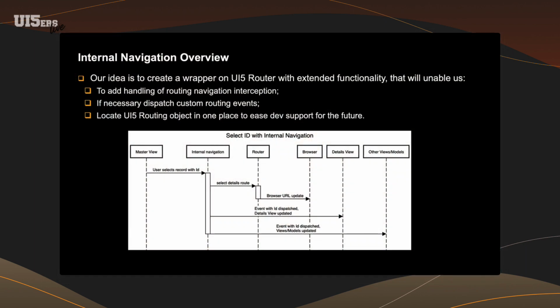And while thinking of how we can handle it in a better way, our idea was not only to add this, to create some kind of approach, I would even say a module, that will handle this interception, but also will give us a possibility to dispatch custom events so that we do not rely on the UI5 router, because it's still an external object that we cannot control if it changes the API or behaves differently than we expect. As you can see from the diagram, it's a kind of wrapper